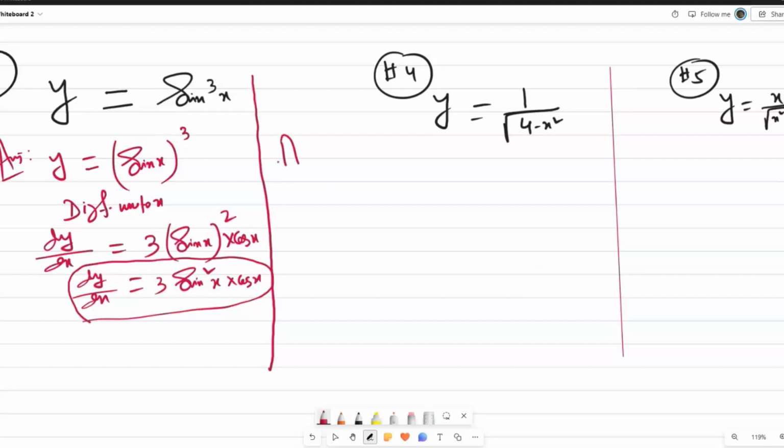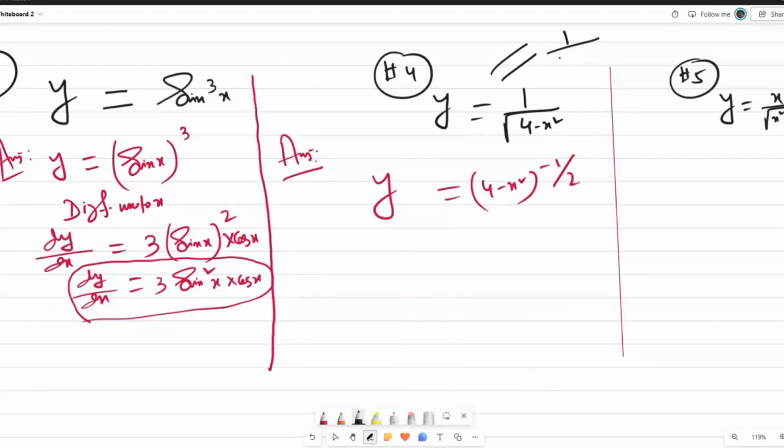Okay, this is done. The derivative of sin cube x. And for this one, if y equal to 4 minus x squared to the power minus half, right, this is appropriate. Because this is nothing but, if you rewrite, 1 by 4 minus x squared to the power half. This goes up, minus half. So now differentiating with respect to x,